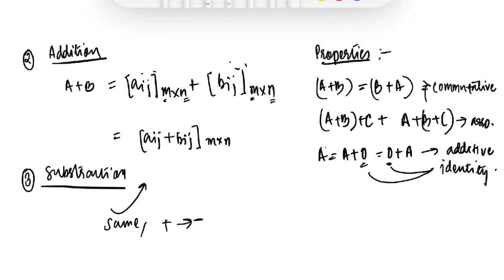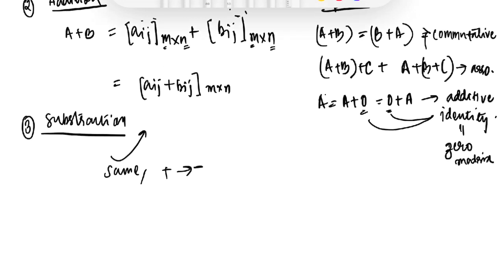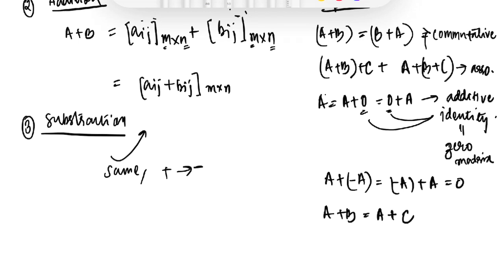Now, what is this basically? It's a zero matrix. Directly I've written 0. Okay, the fourth property is a plus minus of a, inverse of a को अगर तुम ऐड करोगे, you can also put it in as this is 0, right? And a plus b is, अगर a plus b is equal to a plus c है तो we can basically cancel this and write b is equal to c,